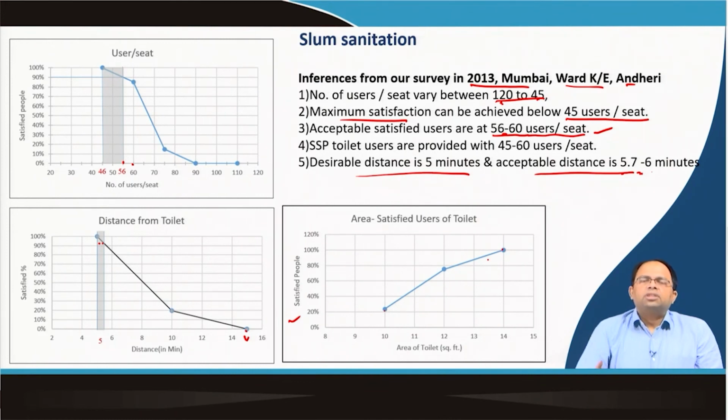These are the kind of studies that need to be conducted to get user opinion on what sort of toilets or community toilets should be provided. If these kinds of standards are made, even for toilets provided under open defecation free ODF, Swachh Bharat Mission and all this, then automatically people would be satisfied and people would be using those toilets, right. So, that is what we should target. That is how we can incorporate the community's feedback or community's decisions in deciding what sort of services should be provided.